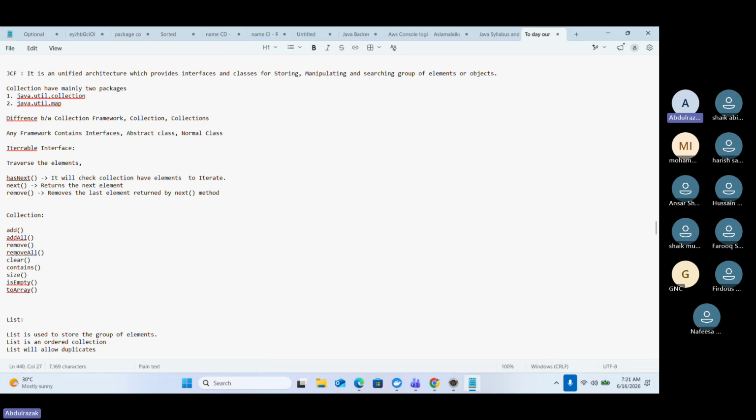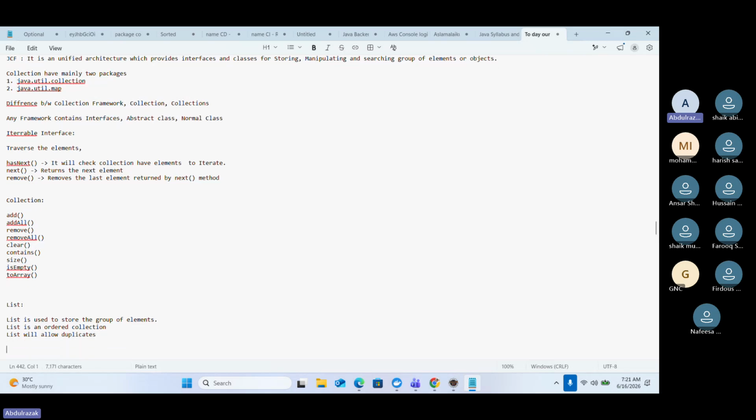List is an interface. It is used to store a group of elements. It will have ordered elements. Ordered collection means ordered data, so whatever you are adding, it will maintain that order. Then it will allow duplicates. If you are adding duplicate data also, it will allow. So these 3 points you can remember. List is an interface which is used to store the group of elements. List can maintain the order and it will allow the duplicates as well. And its implementation classes are